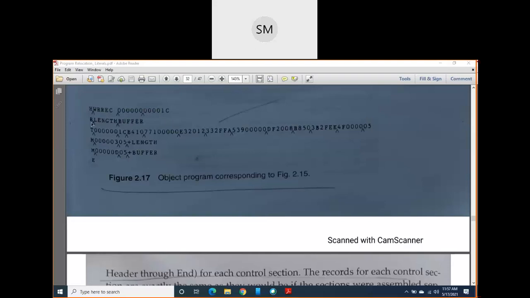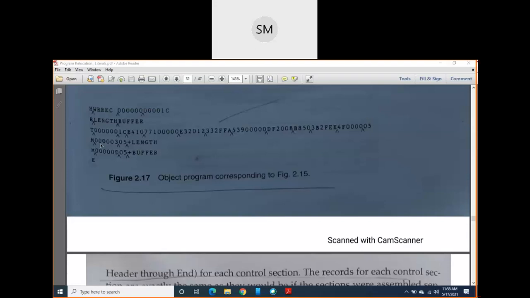And next you should write the define record, but here the external definition statement is not present in your write record control section. Directly you write the external reference here, that is the refer record. You can just keep on listing the symbols which you have written as external references. Then you write the text record, then you write the modification record. If you observe line number 212, there also you have one instruction, that is plus LDT.